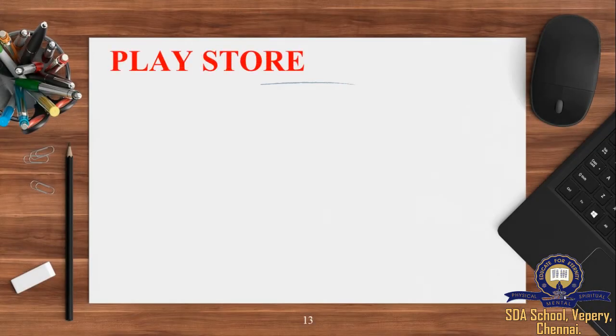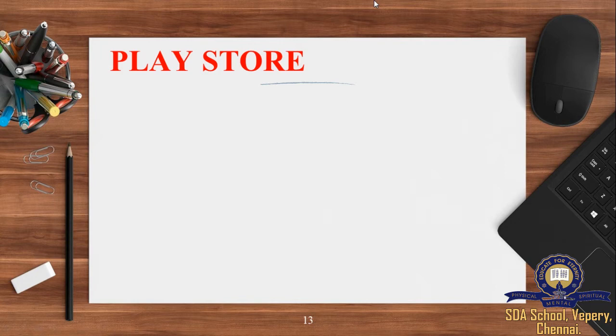Three operating systems. One is Android, Apple, or you can say the Apple App Store, and the next one is iPhone. Okay, so what else will you use? Windows operating system, Apple, and Android. So these three operating systems are going to help you install these applications for your convenience according to your preference. First one we are going to see is Play Store.